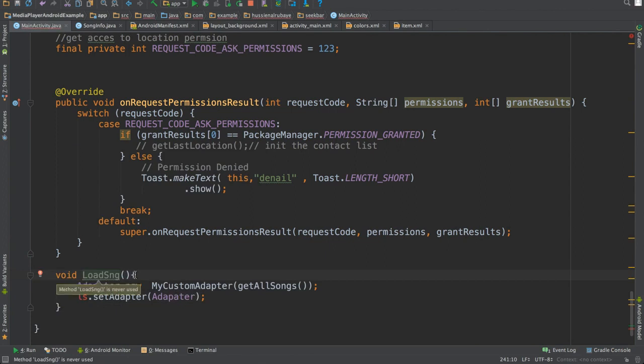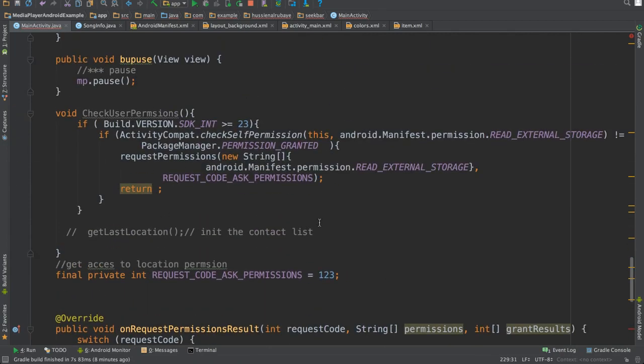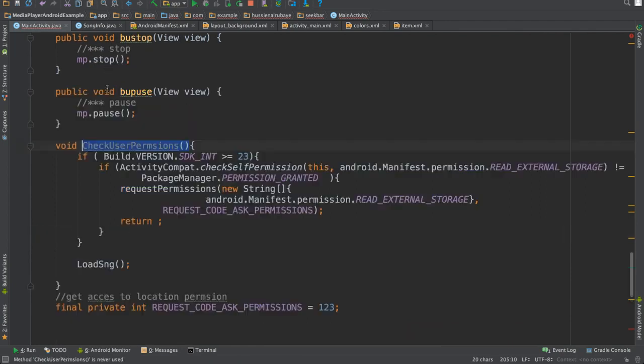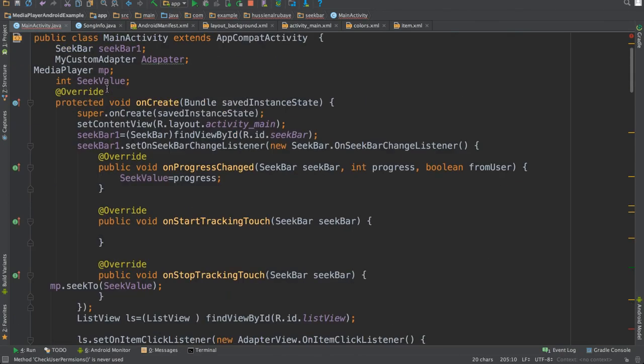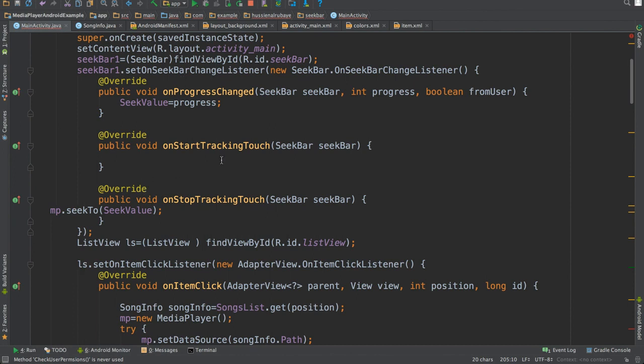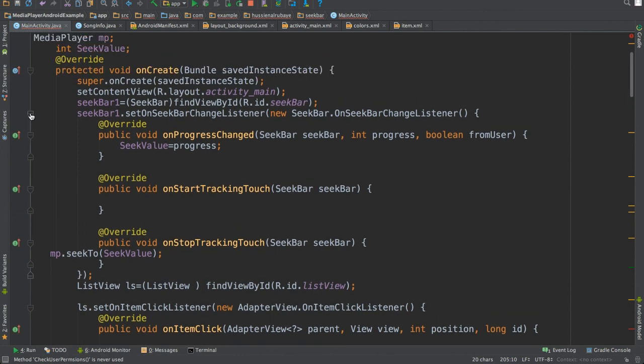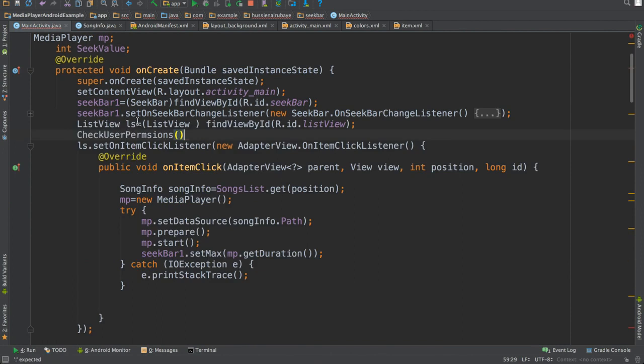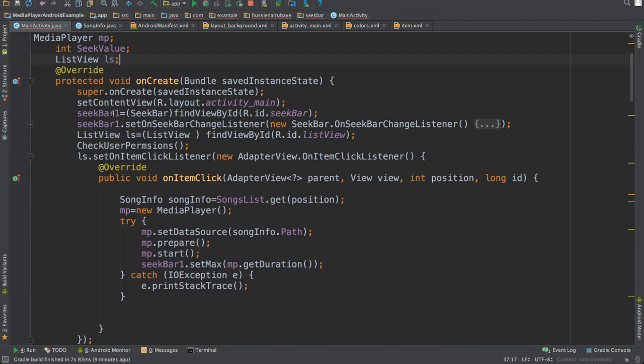So okay, list view. I will update the list view. So here you go. If you agree, please call load song. Also, if you already have the permission, call it here. So first of all, when the application runs, I will check if he has this permission. Before I go to the process for running and other stuff, let me check the permission here. Then also this list view, I just need to make it global, so that someone can access it. Here you go, it's great. Now let me move this one. Yes, everything is good. Now if you run it and see,